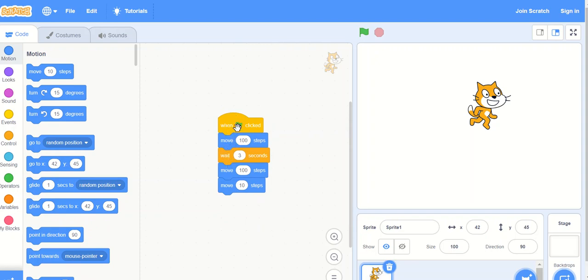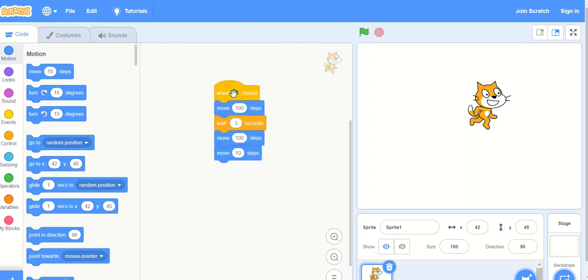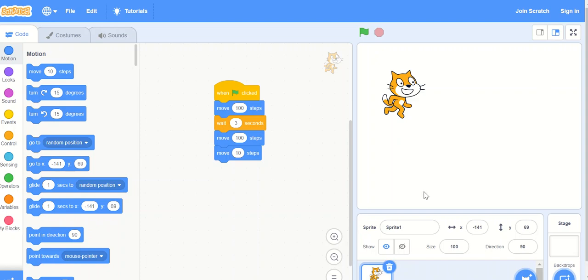I hope that it will be clear to you. So this cartoon is the sprite. The area is the stage. These are the blocks. These are the instructions. This is the script area where we are going to write the script. And the script is basically telling us what is going to be done on the stage. Whatever work you want to get done on the stage, for that we have to write the script here.